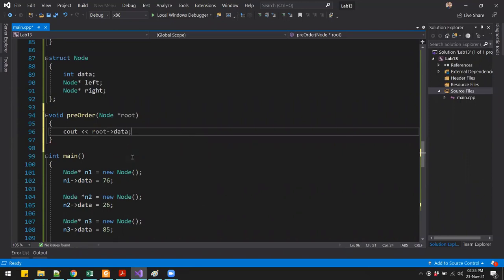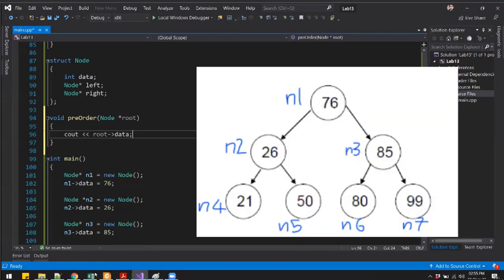When you are at any level in this tree, what you are supposed to do is print the value of the root node. So you print 76, then go to the left child. Then at the left child, you repeat the same thing: you print the value of the root, then left, then right. That is what we are writing over here.